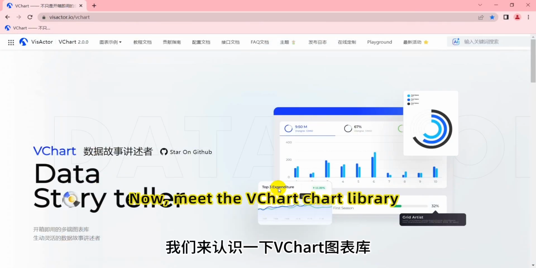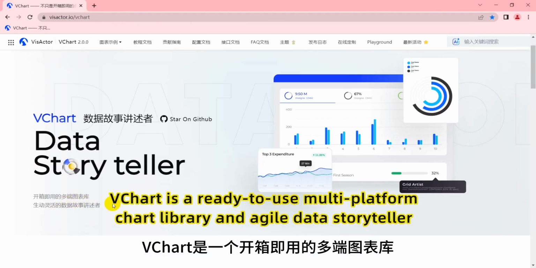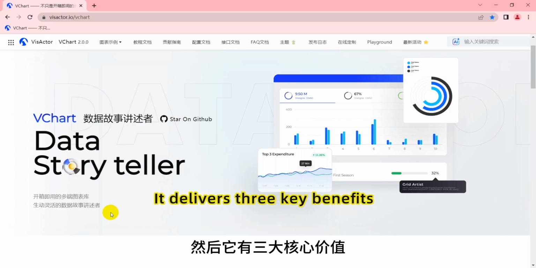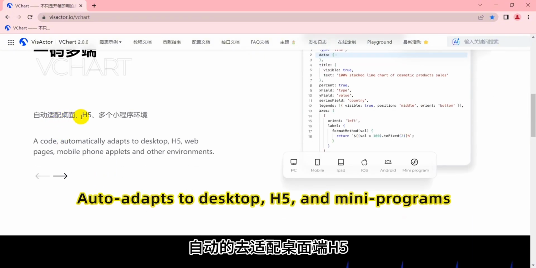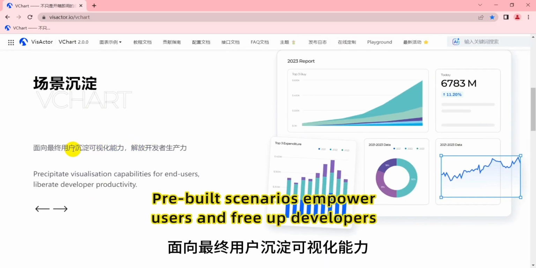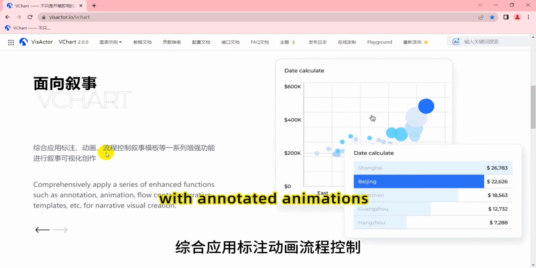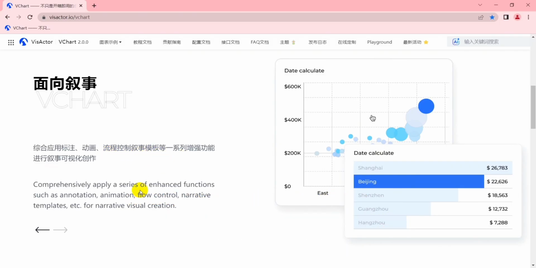Now meet the VChart chart library. First, VChart is a ready-to-use multi-platform chart library and agile data storyteller. It delivers three key benefits. One code, multi-platform: it auto-adapts to desktop, H5, and mini programs. Pre-built scenarios empower users and free up developers. Story-driven with annotated animations and flow control templates, it enables narrative visualization. These features